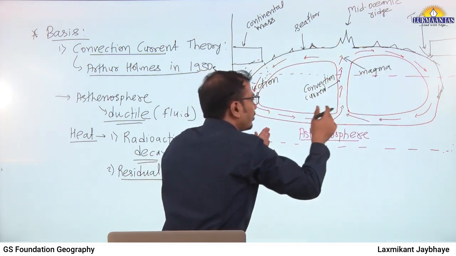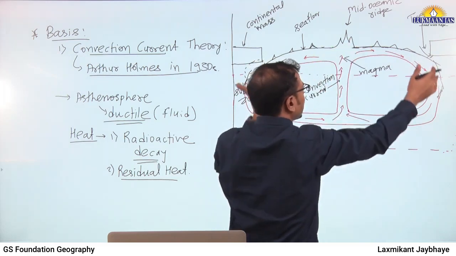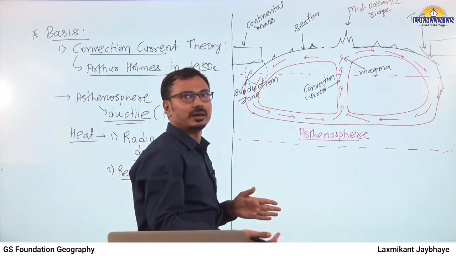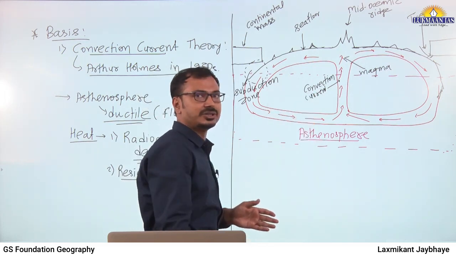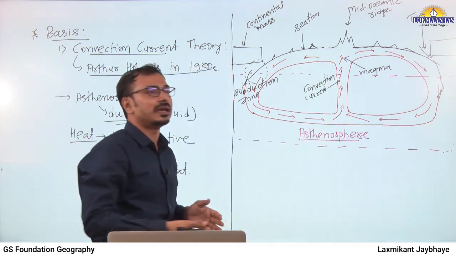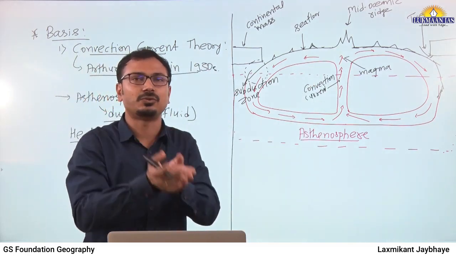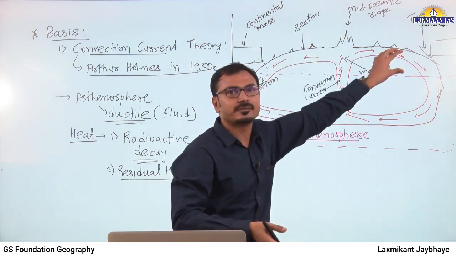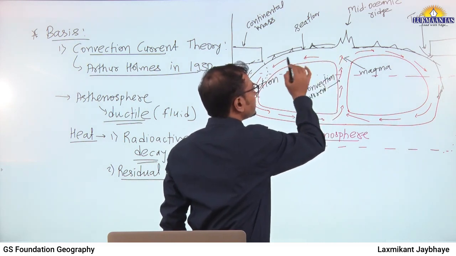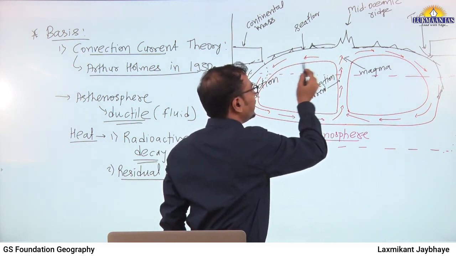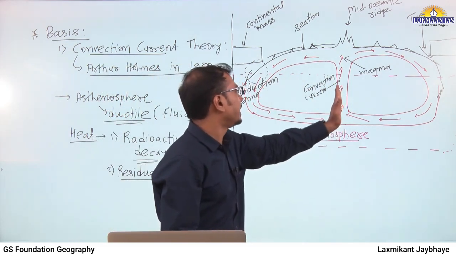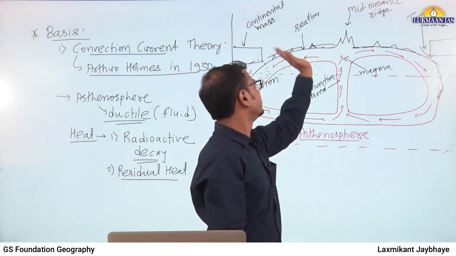Now, this magma is flowing in a circular, cyclic manner, forming the convection current in the asthenosphere region. This movement of the liquid is actually creating the basis for the movement of the lithospheric crust. You can see here, this is lithospheric crust, oceanic crust. This is floating over this liquid. And as the direction of this magma is like this and like this,